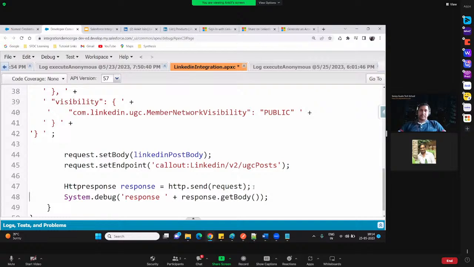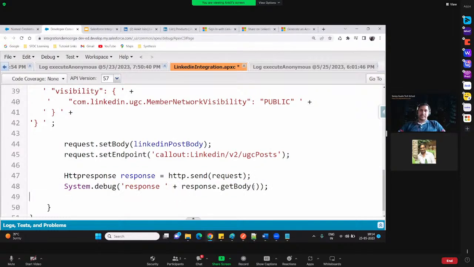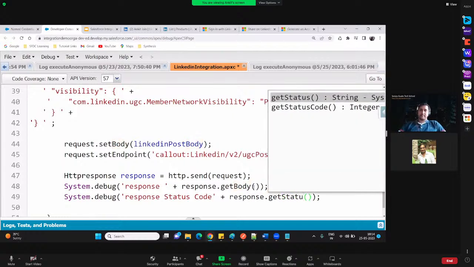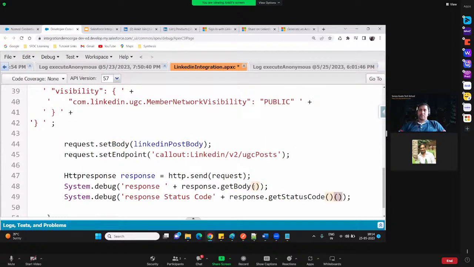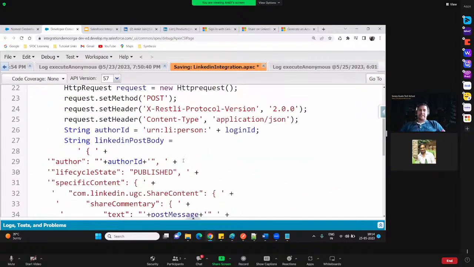And another thing that I am doing here is testing the status code as well, response.getStatusCode. Whatever status code I have received, I'm just printing it for my validation.